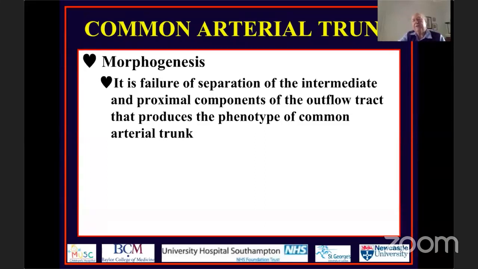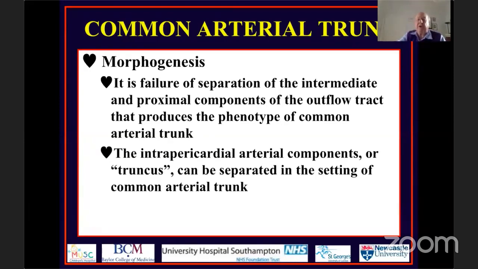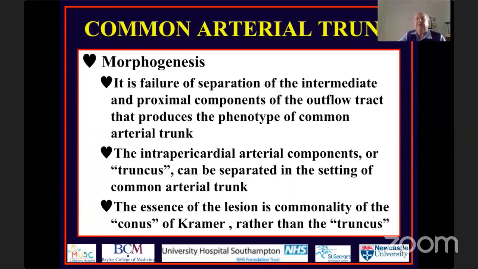So what we can now say, based on our knowledge of genetically perturbed mice, is that it is separation of the intermediate and proximal components of the outflow tract that is responsible for producing common arterial trunk. And indeed, the intrapericardial components, the distal part of the outflow tracts, can be separated in the setting of common arterial trunk. I'm going to show you how, on occasion, they can in fact be separated in their entirety with